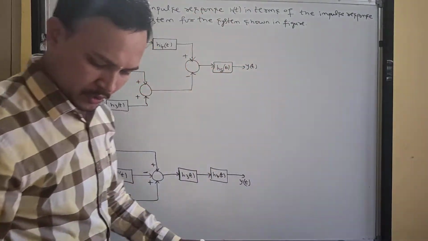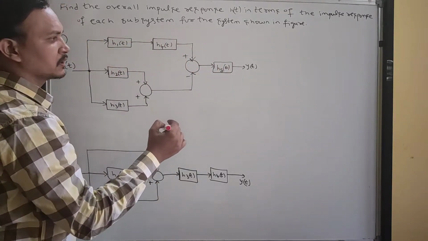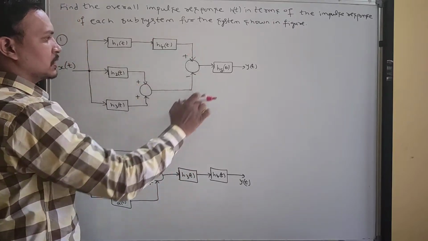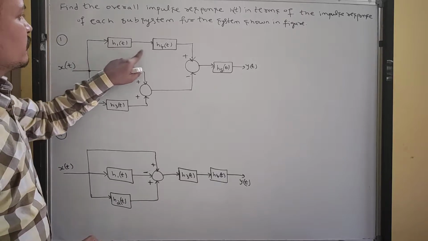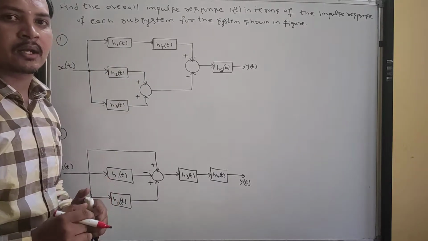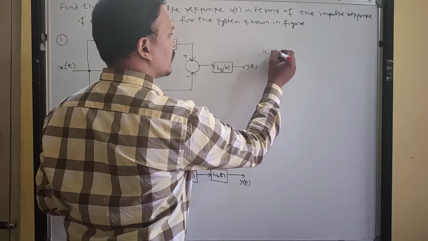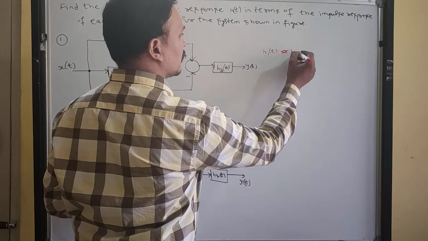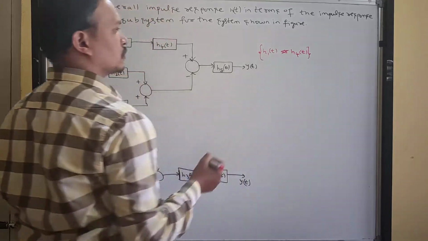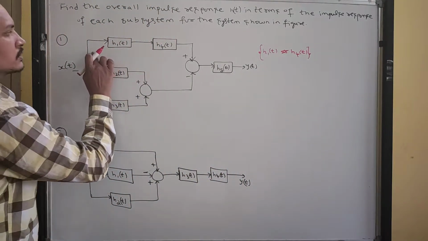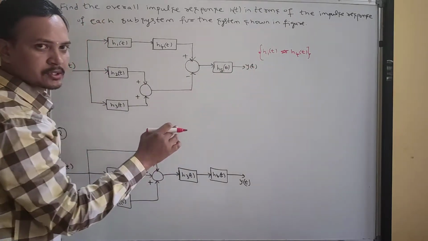Okay, now I am going to represent this entire block diagram with a simple h of t. I am representing the overall h of t for this one. See, look at here, h1 of t, h4 of t. How are they connected? They are connected in series. So therefore what should I use? For h1 of t, I should use the convolution symbol with h4 of t. Those two are connected in series, so that combination is added. Plus, so you can write plus or you can leave it.